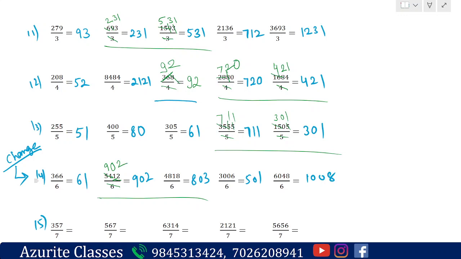Okay, so everyone listen here. If you see at the starting, 6 nines are 54. 54 is gone. After that, 1 is there. 1 is what? Smaller. If it is smaller, we have to give 0, that is 6 zeros are 0. So 1 is remaining, and it will become 12, right? So 6 how many is 12? 6 twos are 12. So the answer will be 902. Okay, good. Next question, explain it better.